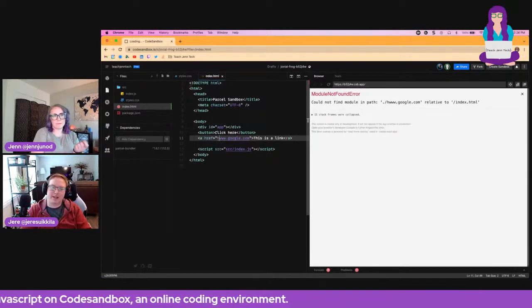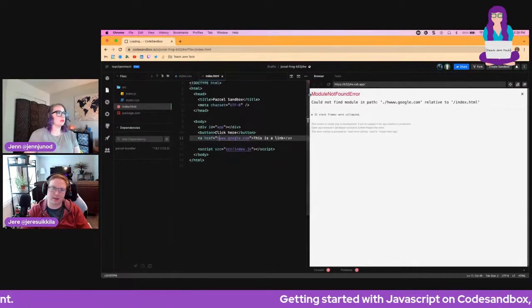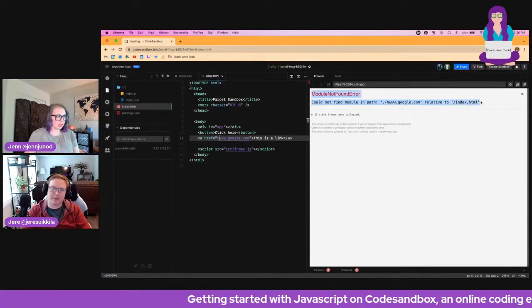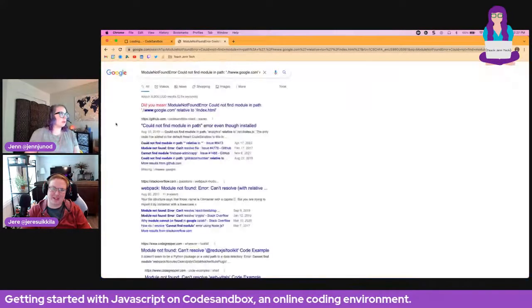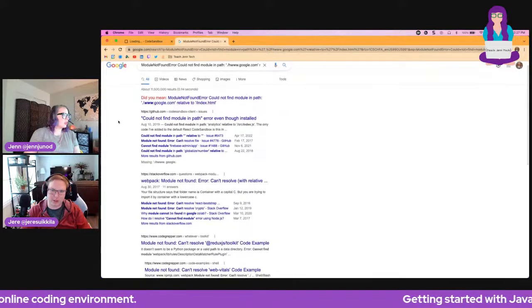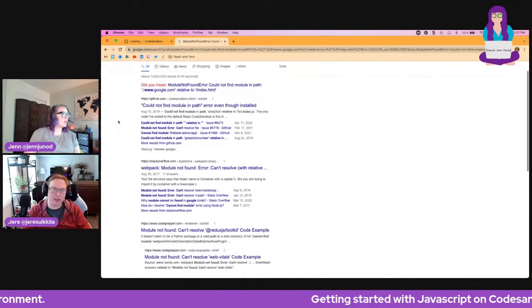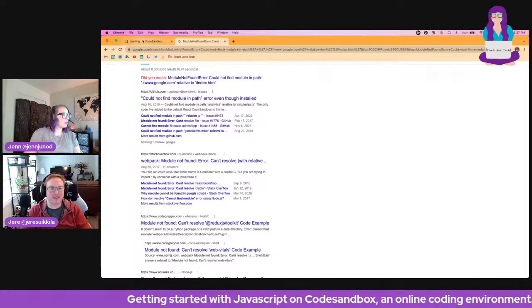Yeah, I think in this case it's not the perfect error. It doesn't really help with that. I'm just going to Google it and see what, if anything, comes up. Because this is also, I think, very related to the environment that we're working in, CodeSandbox, and the way it handles this type of situation.